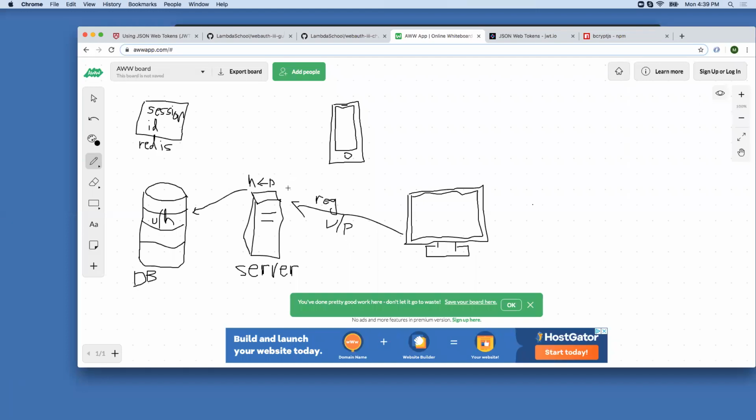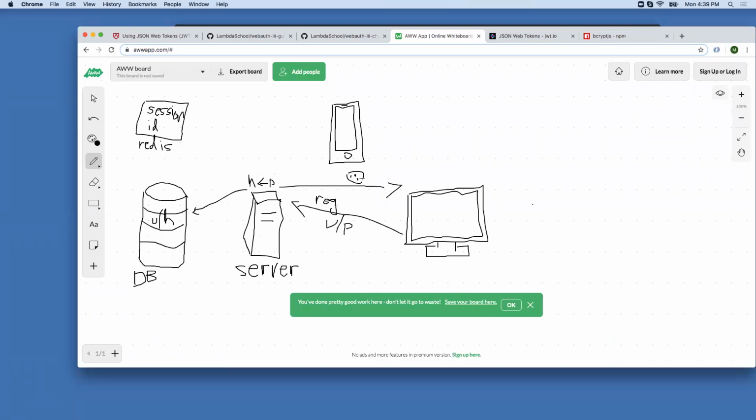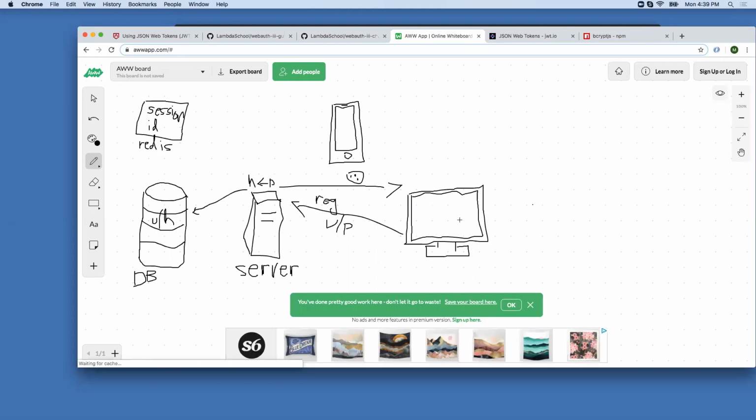A cookie. So we would send back a cookie. And the cookie is encrypted, not hashed, because we want to be able to undo it. So the cookie is like an access pass. It's like a key fob. So if this client has a cookie, which would be specifically stored on a browser, the entire desktop could not have a cookie. It would be browser specific. But if this desktop has a cookie,